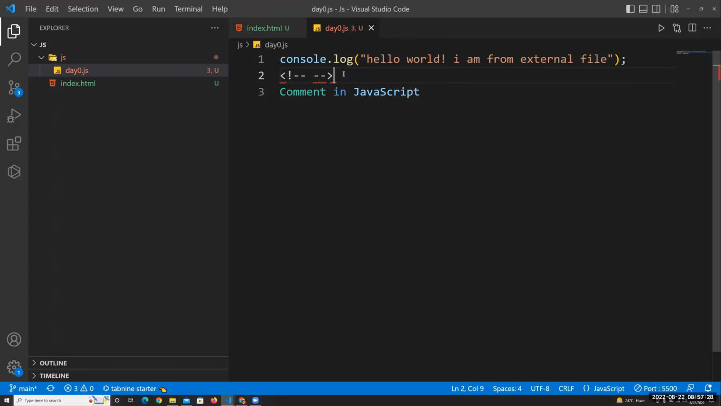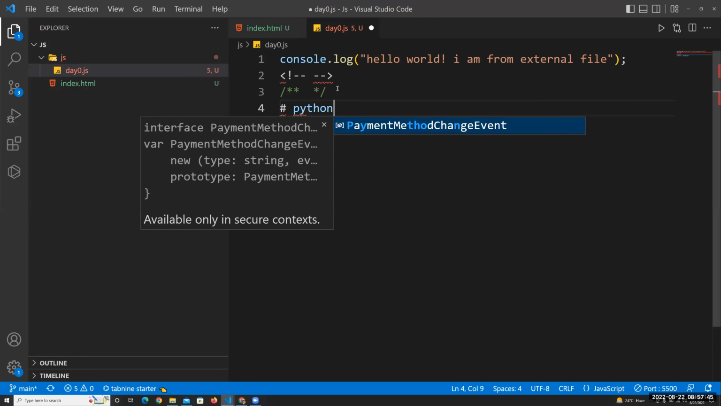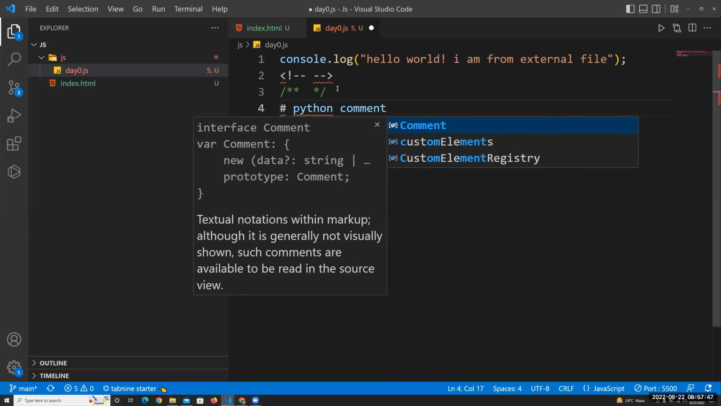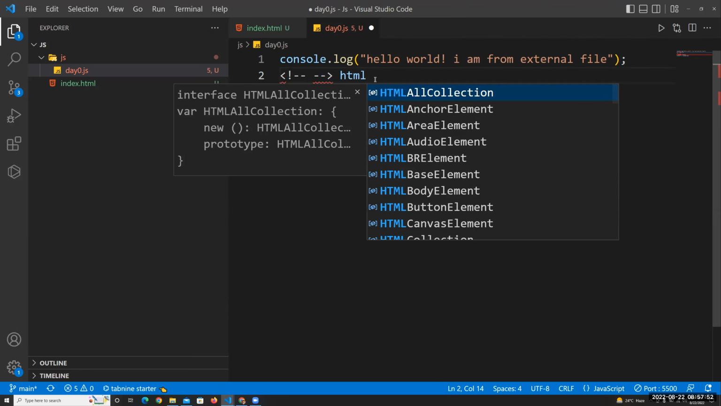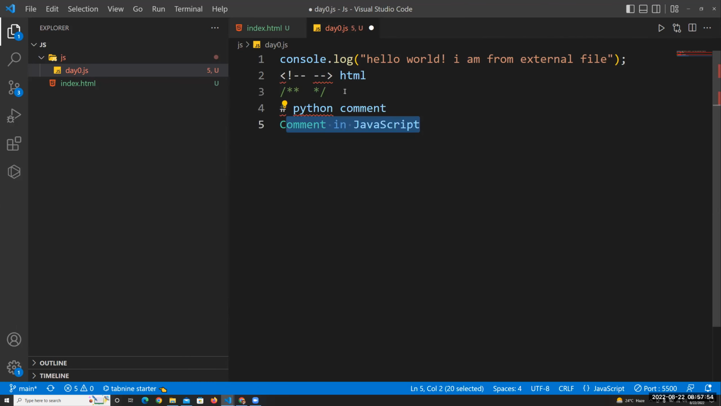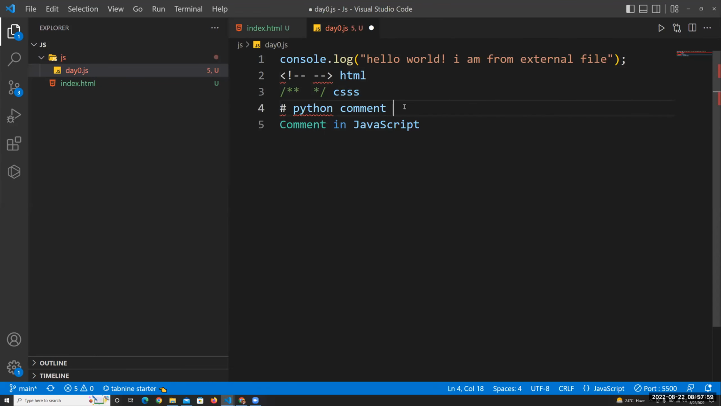Similarly, what is a CSS comment? You will use this way, and this way. These are the CSS comments. Whenever we do a CSS comment, this is how it looks. And when we do a Python comment, this is how we write it. So these are the normal comments in different languages. I can just write this is HTML comment, this is CSS comment, and this is Python comment. So this CSS comment is the same as